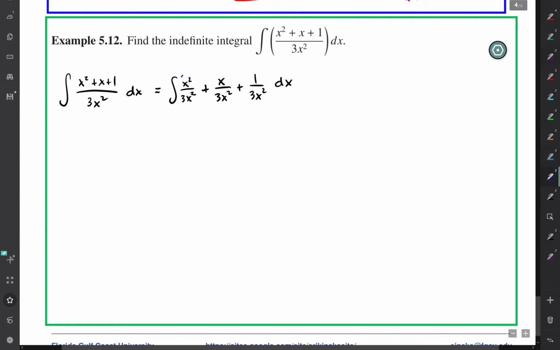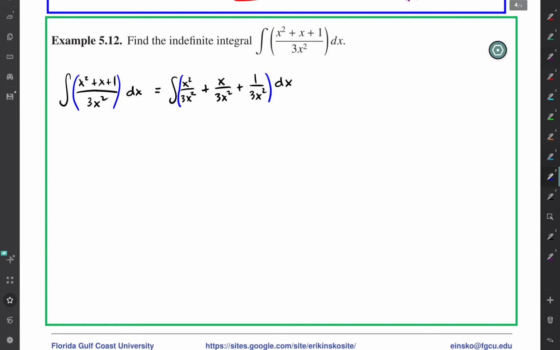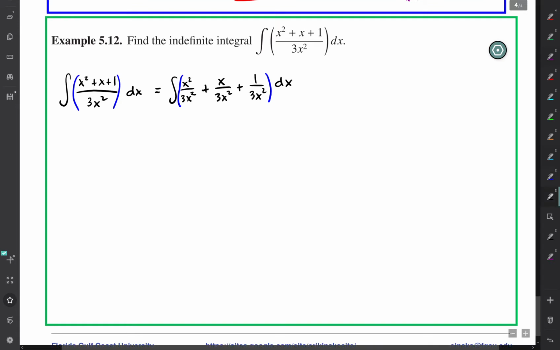And the point here is that the stuff inside the blue parentheses is equal to each other, right? x squared plus x plus 1 over 3x squared is equal to that second expression. And that's nice because then we can simplify the ratios in that second expression. We can write this as a sum of integrals. So x squared over 3x squared is just 1/3. So this is the integral of 1/3 dx, plus the integral of 1 over 3x dx,